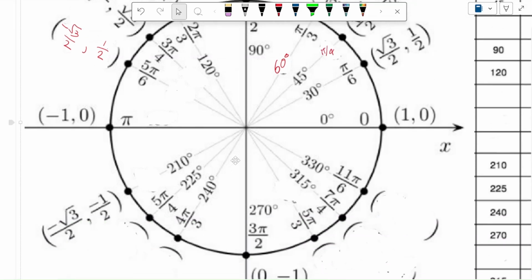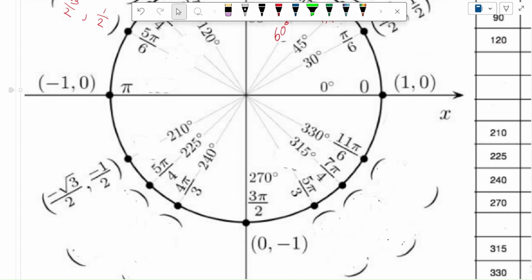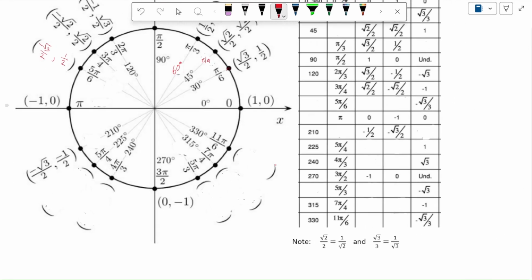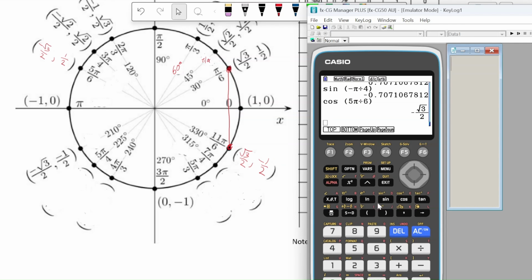Beautiful. And you can also work out symmetry with this stuff here. If I look at this point down to this point, I'm expecting the x values to be the same because they're the same distance from the x-axis, and I'm expecting the y value to be negative. So 11 pi over 6, if we do cos of 11 pi over 6, hopefully root 3 over 2, and if we do sine of 11 pi over 6,